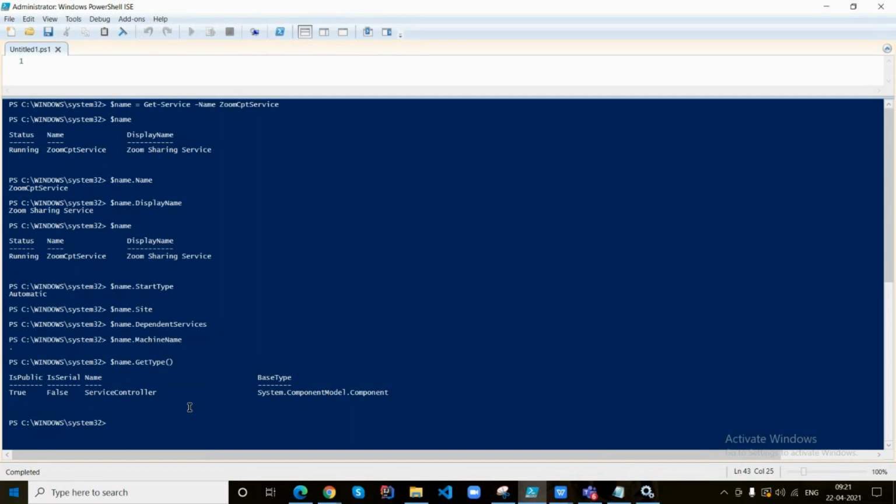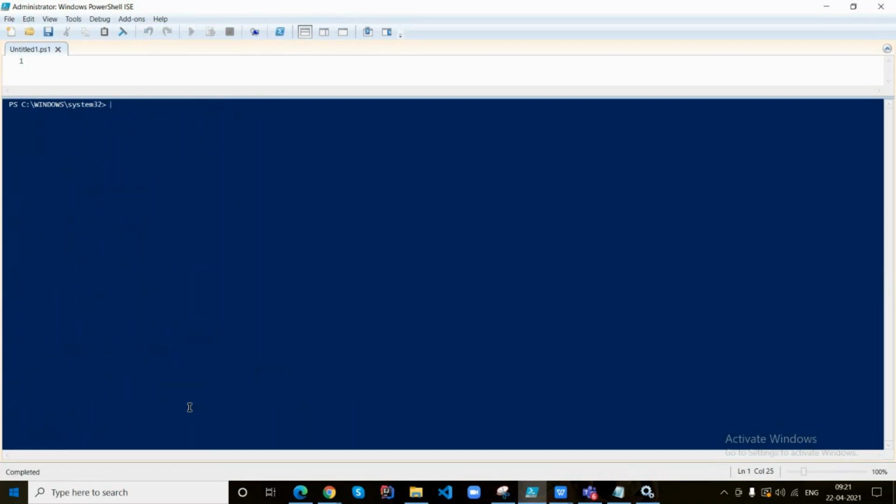But before this, the first thing you need to do is find the different cmdlets available to deal with services. So make a clear screen, please. So how do you find the cmdlets related to services in PowerShell?